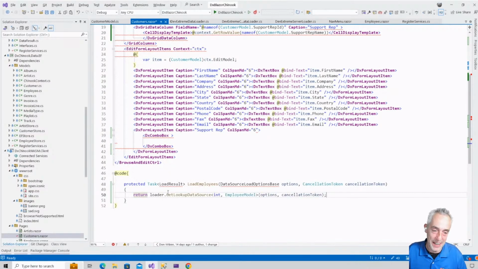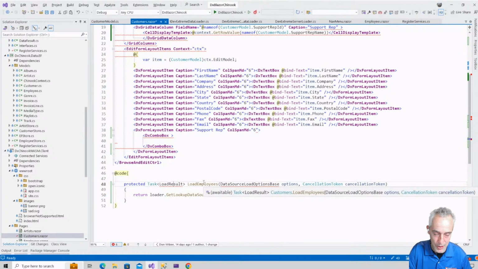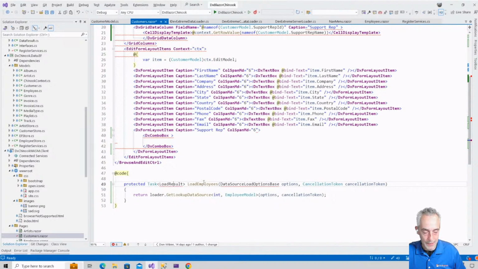So now I'm using this get lookup data source that we just implemented in that data source loader, and I can pass in those results. I need to use a couple of things here. That one as well. And now the combo box will query in the same efficient way as what the data grid is doing. So with this in place, I can now use that custom data feature here,